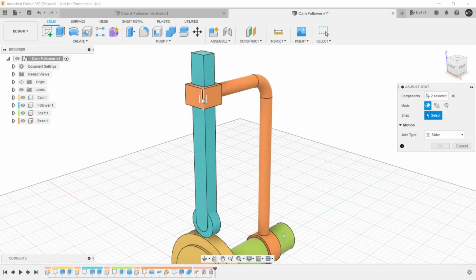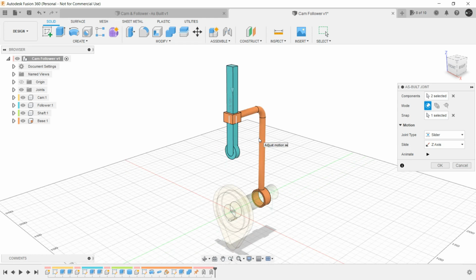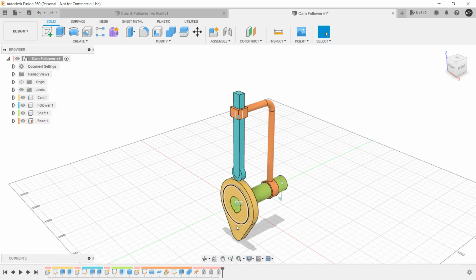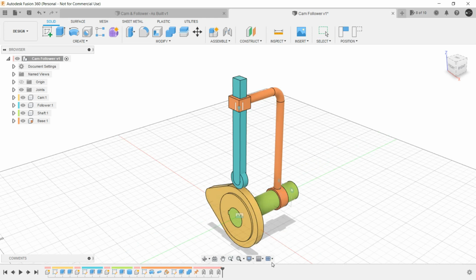Then select the snap point or snap surface or snap edge as this one, and we can have a slider motion between the base and the follower. And now when we rotate the cam, this follower is supposed to go up, which is not happening as of now